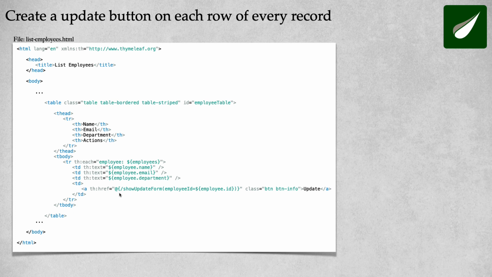We will make use of the link URL expression to add the URI /showUpdateForm, and we are going to pass the employee ID as a query param. The employeeId is the parameter name and employee.id is the value, so that we can access this employee ID inside the method parameter using the request param.